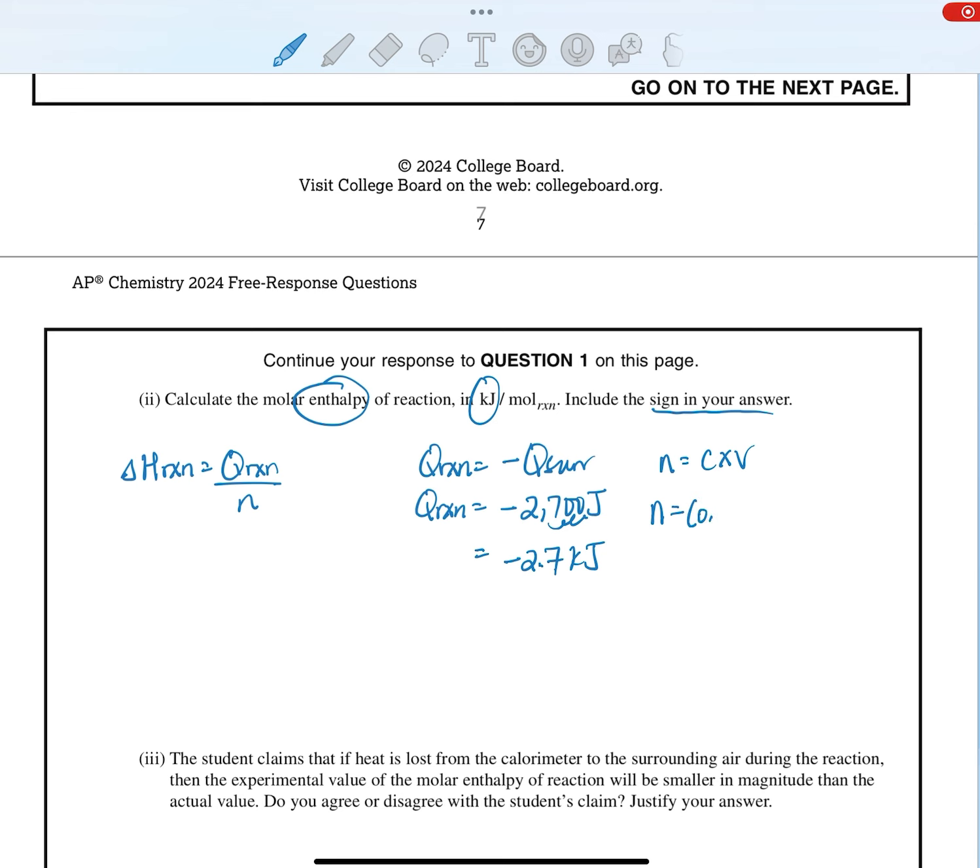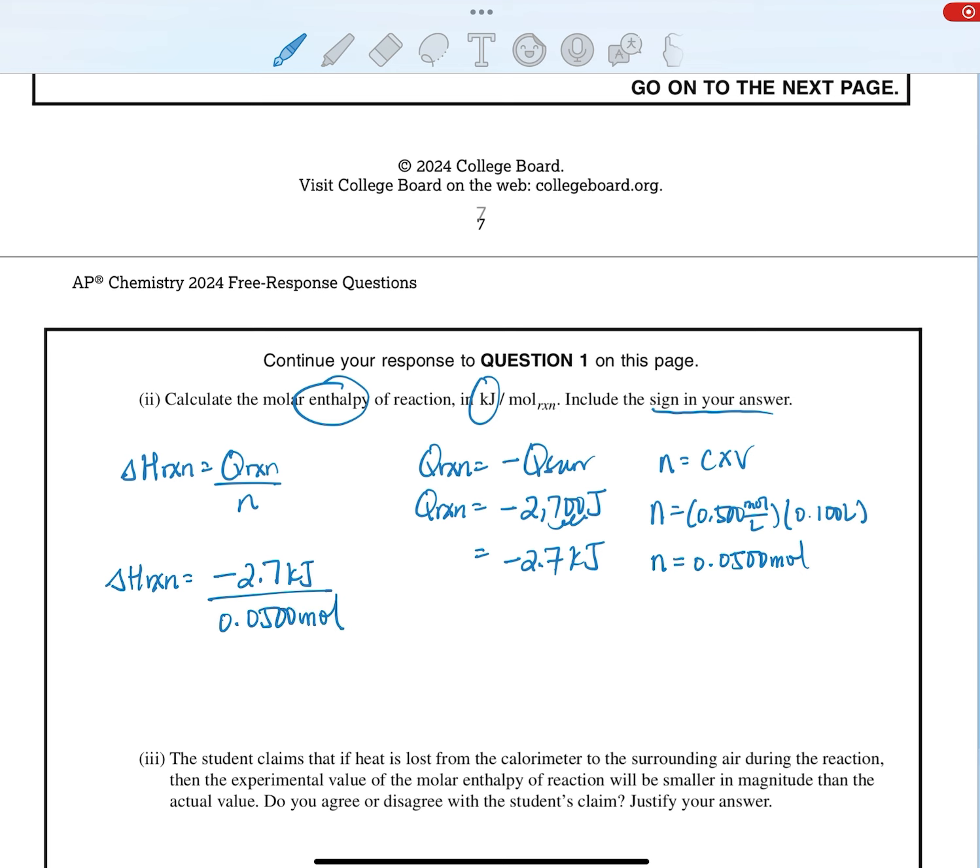So what I'm going to do is take this 0.500 moles per liter. And remember, it was in 100 milliliters, but we're going to change that to liters so the units cancel properly. Okay, and then I get my mole value. Now we're going to plug these into our enthalpy equation and calculate the enthalpy of reaction. And it's negative 2.7 kilojoules over